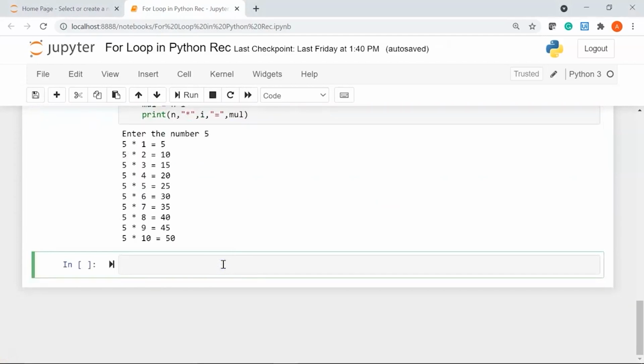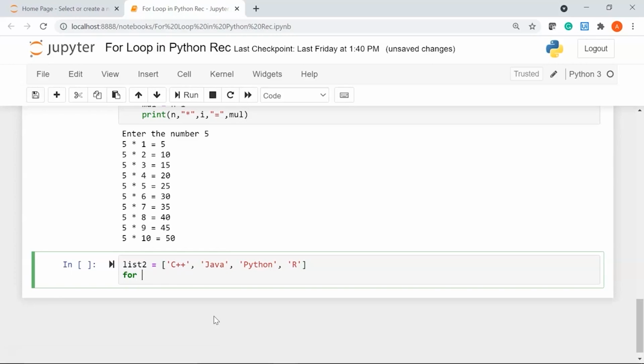Now we can also use the range function with a sequence of items. The len function can be combined with the range function to iterate through a sequence using indexing. I'll show you an example here. Let's say we have a list called list2, and here we have a list of programming languages, let's say C++. You can either use a single quote or a double quote to represent the text values in a list. The next programming language I have is Java. Then let's say I have Python, and we have R.